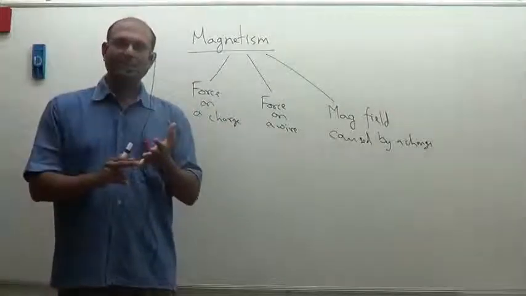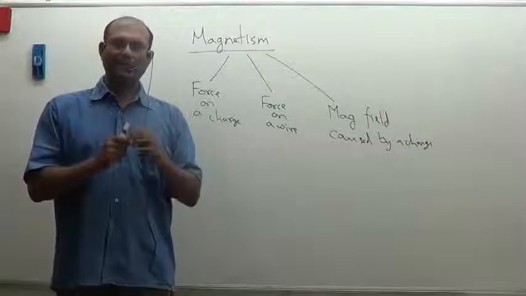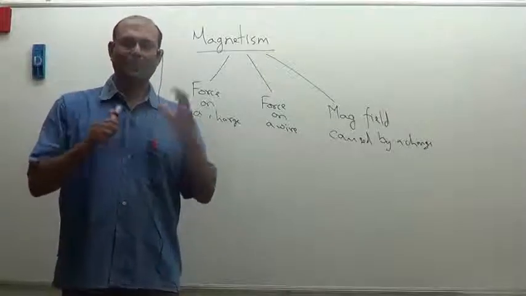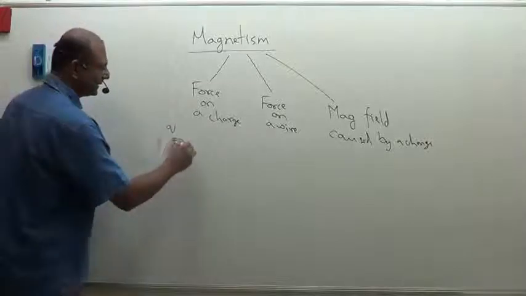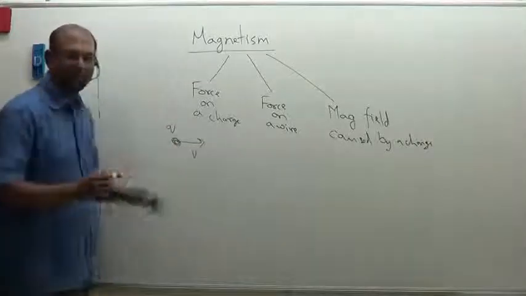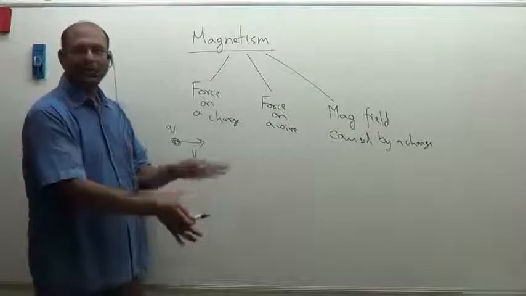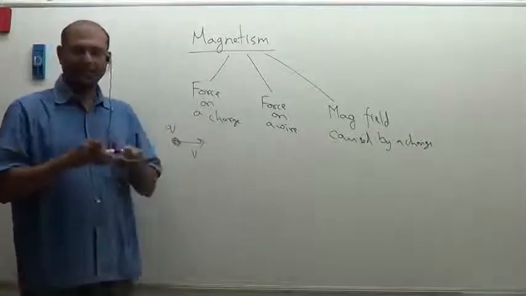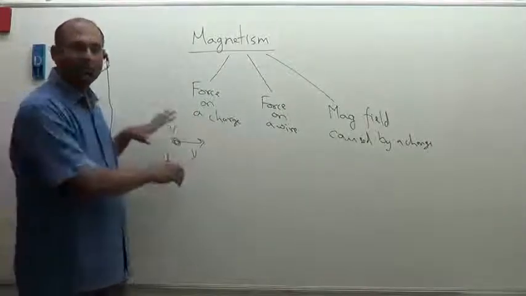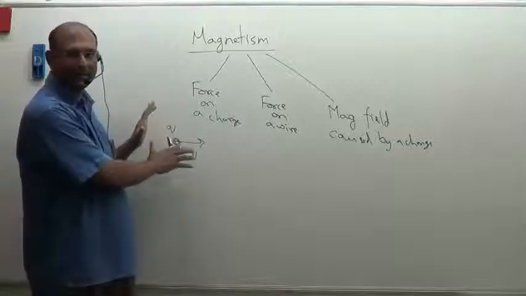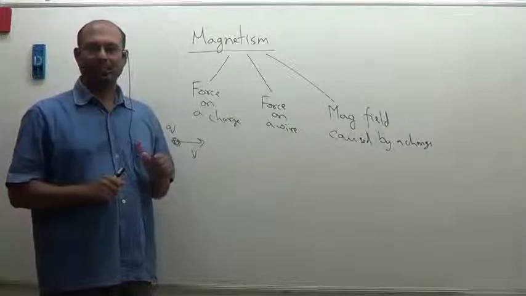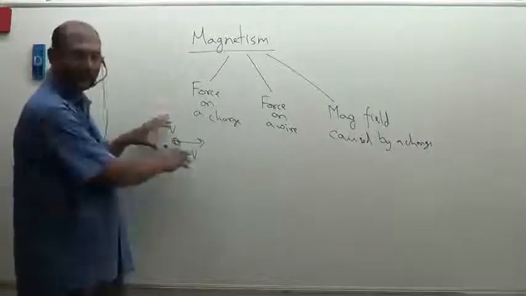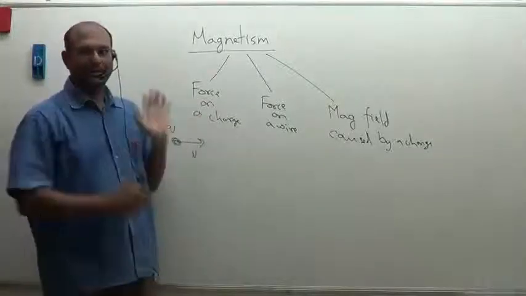The first piece is that a moving charge causes a magnetic field. Okay, so when a charge is moving, let's say this is Q and this charge is moving with some velocity V, it creates around it a magnetic field. So that is the first thing that we need to understand. Today we are not going to focus on this part. Let us assume that there is a magnetic field that is already created. This is a reasonably complicated thing to study. That is something that we will do later.